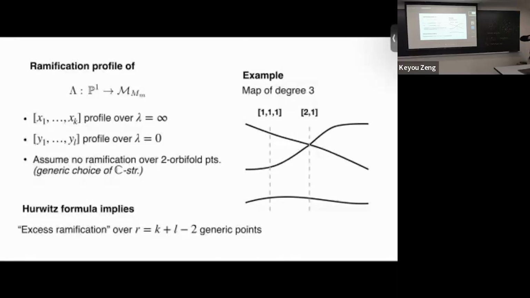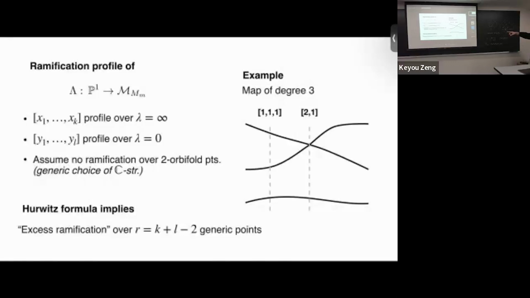And it turns out that those are the only ones that matter for our analysis, because we're going to assume no ramification over the 2 orbifold points, which then corresponds to a generic choice of complex structure in the moduli space we're building. What's beautiful about this is you can just use your old Riemann-Hurwitz formula, and the Hurwitz formula implies that the excess ramification of this map, the ramification that does not take place over the marked points, and by assumption over 0 and infinity,